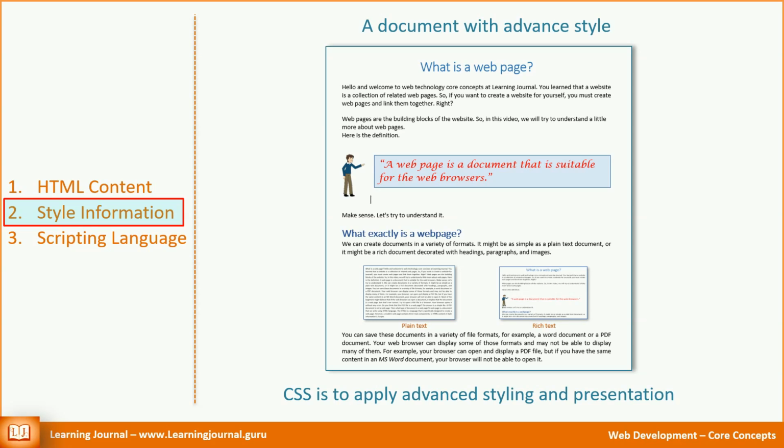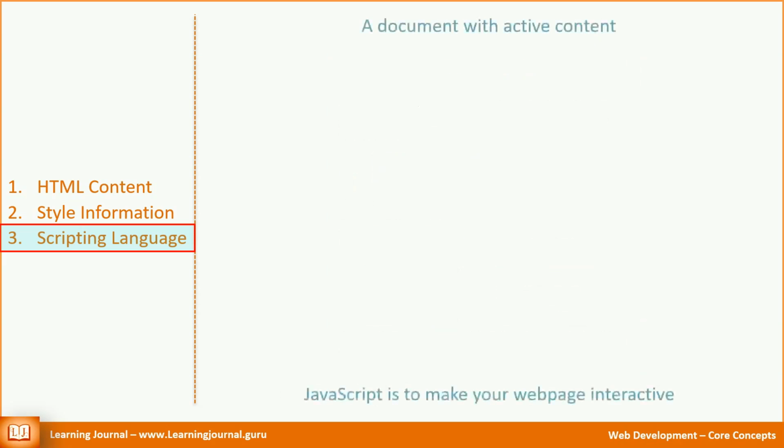The HTML language does not support advanced styling because the purpose of HTML is to give proper structure to a document. For applying an advanced style to the text, we use another language that is known as CSS. CSS stands for Cascading Style Sheets. HTML and CSS are more than enough to make attractive and effective web page content that appeals to a reader. However, modern websites also contain a lot of interactive content.